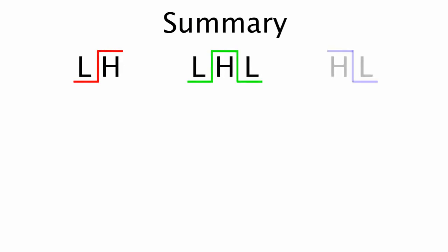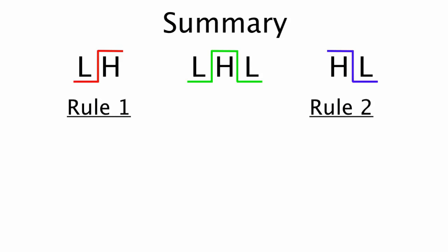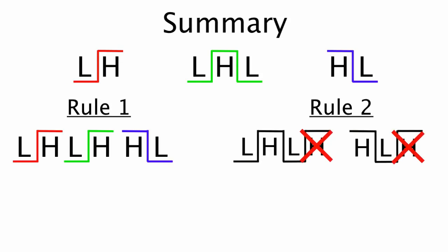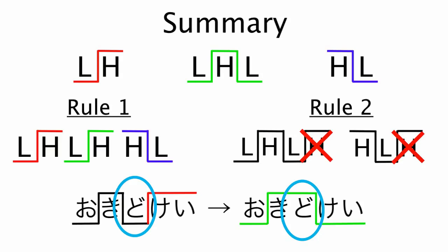In this video, we have learned the three general intonation patterns at the Japanese word level: low-high, low-high-low, and high-low. We have also learned two rules of Japanese word level intonation. First, the pitch heights are different in the first and second sounds, and second, the intonation does not go back up once it drops. Lastly, we looked at an example of combined words and a change in intonation to follow these two rules. We hope this video has provided you with a brief insight of Japanese intonation so that you